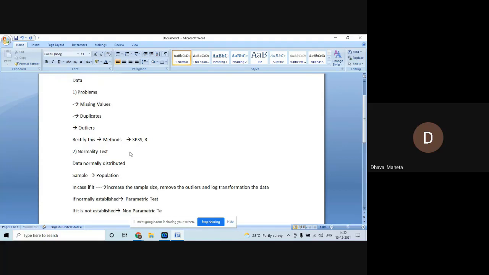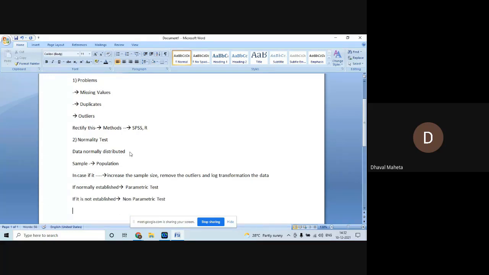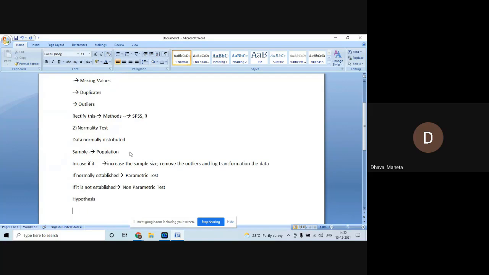Now, whenever you run this test, the first question that arises is, what is my hypothesis? It is also known as the researcher's hunch,